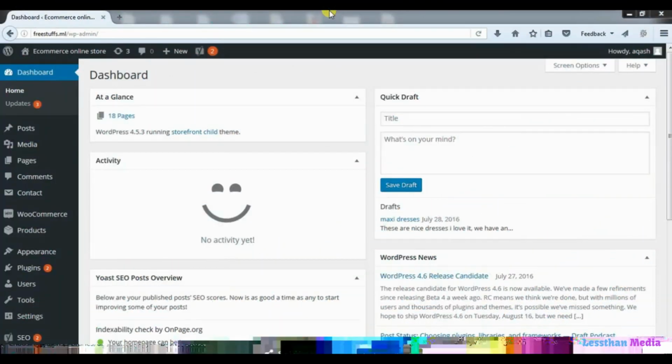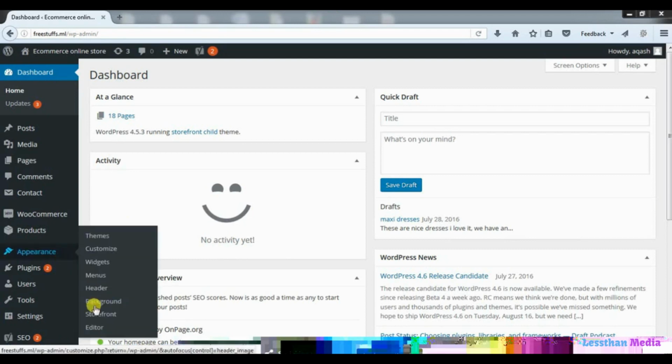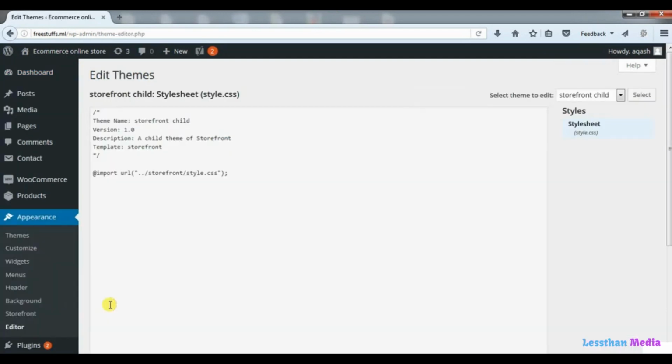Welcome back. Now we will discuss how to use a child theme, because most of the people find it very difficult to use a child theme after they create it. And the reason is when they go to the editor, here they see that they have only the style.css file. While if we select the parent theme from here,